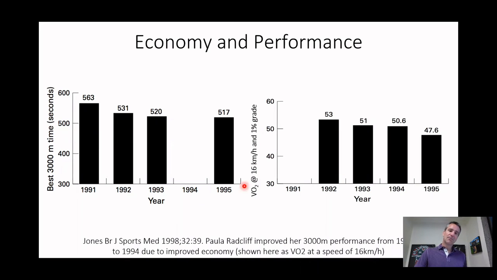Well, this is now measuring her running economy. Running economy is how much oxygen she uses to run a certain speed. What you can see is she's getting more economical as a runner. She's going from 53 milliliters per kilogram per minute down to 47. So she uses less oxygen because she stores and returns more energy. And that means that her VO2 max is coming down, but that's okay because her economy is coming up. So VO2 max is only one component. Economy, and the other component, lactate threshold, are going to be other things that are important.